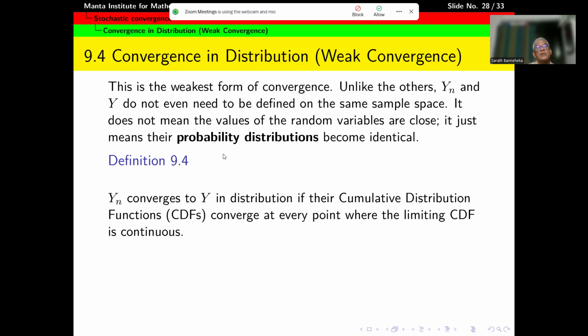The next type of convergence is convergence in distribution. And there is another type of convergence we call Lp convergence, or convergence in p-th power of the mean. I will discuss those two types of convergence in the next lesson, because for this lesson, I think time is almost over. So in the next lesson, we will talk about convergence in distribution and convergence in mean.